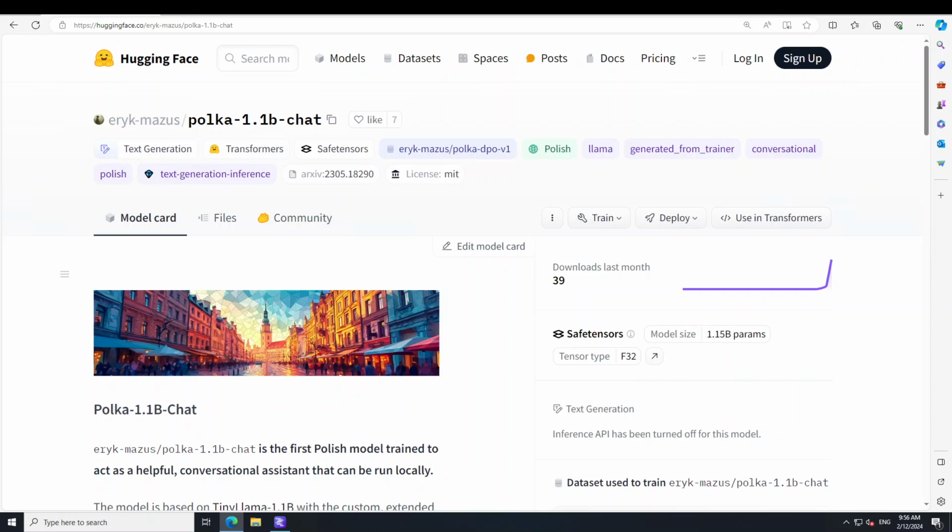This model is based on Tiny Llama 1.1 billion with a custom extended tokenizer for more efficient Polish text generation that was additionally pre-trained on 5.7 billion tokens. It was then fine-tuned on around 16,000 synthetically generated and machine translated multi-turn conversations with direct preference optimization performed on